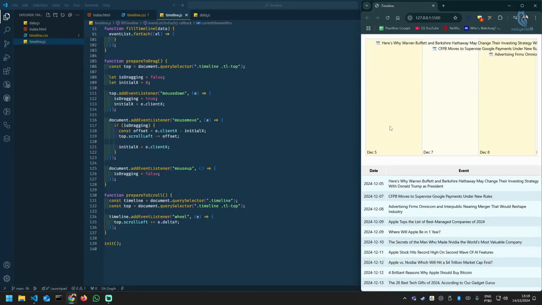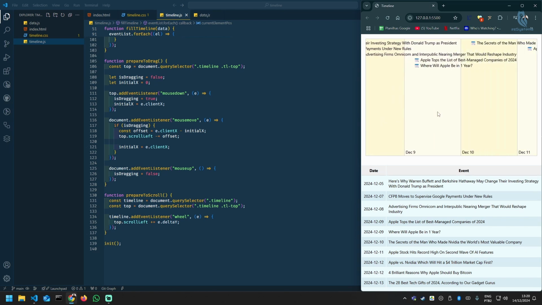The reason this was this way is because then you have a limited amount of space, so this looks like this, and you can click and drag to scroll, or use the mouse wheel, right? So super neat. It shows the events on the correct day,